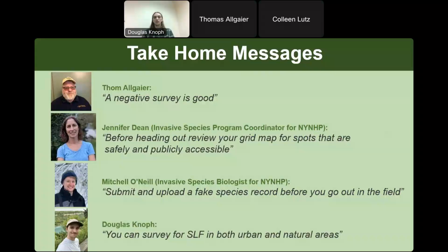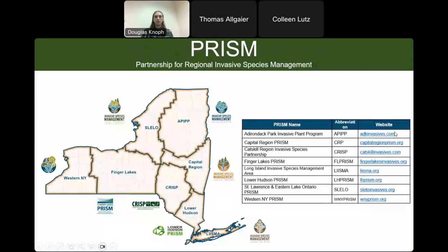Mitch O'Neill, our invasive species biologist: submitting fake species records before you go out into the field so you know how to use the tool before you're already out there is always a good idea. And then surveying for SLF in both urban and natural areas is good. You can find them basically anywhere at this point, so keep your eye out wherever you are.